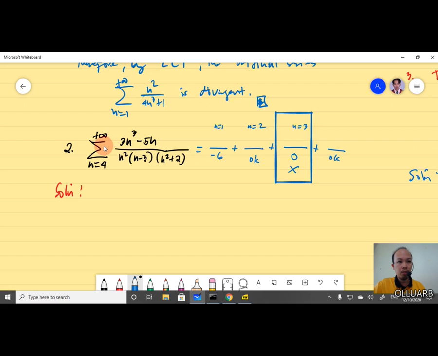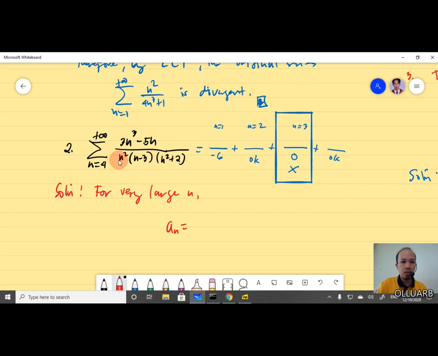For very large n, only the exponents in the numerator and denominator matter the most. So to answer this problem, for very large n,